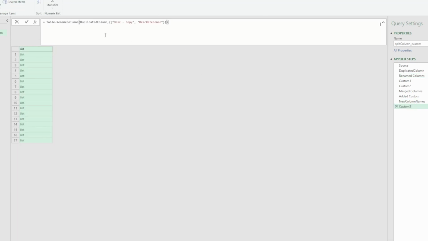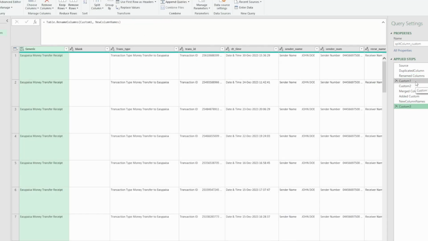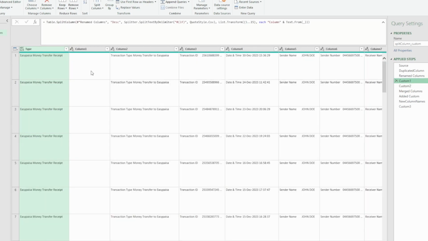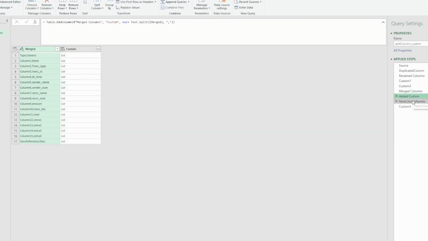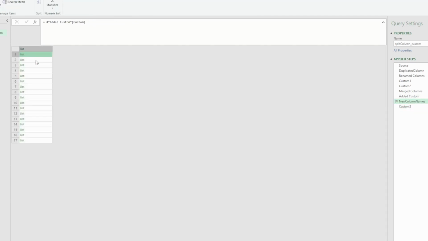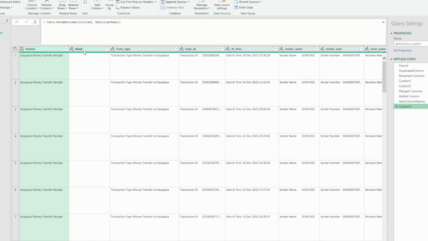Let's add a new step, and so the columns we want to rename are available in custom 1 because from the custom 1 step onward we added extra steps. So our last updated data is available in custom 1 step right here, and after that we added other steps. So in this step we will rename data from custom one, and the new column names are available in new column names, which are in this list format. And voila, you can see our new column names are available here. So we have trans type here, trans id, date time, which were different before. So column 1 2 3 4 5, and we have successfully renamed our columns.